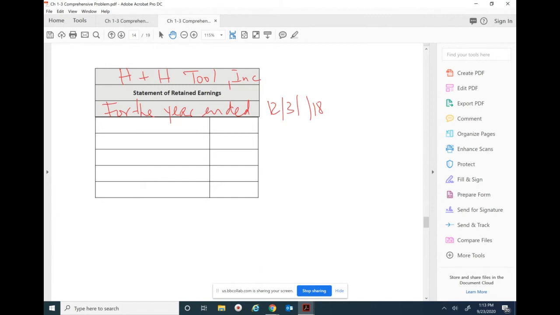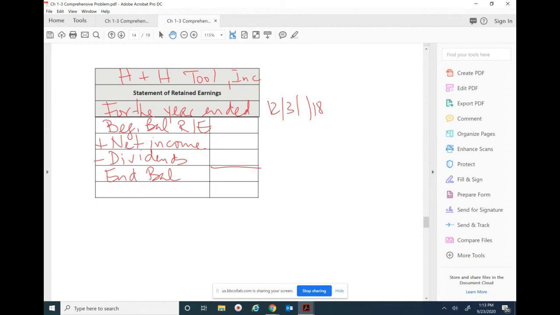The statement of retained earnings shows the change to retained earnings during that period. You'll see a beginning balance for retained earnings. To that beginning balance, we'll add net income and subtract dividends. So beginning balance plus net income minus dividends would give us the ending balance